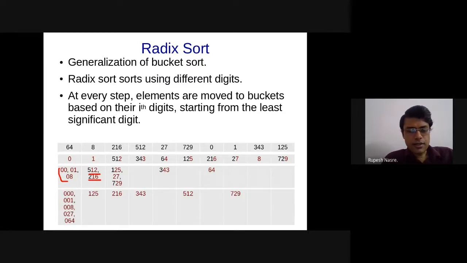So let's agree with Murari that the numbers are going to come like this. Now when I do a sweep through all of this, from left to right, I'm going to get elements in the sorted order because the number of digits is going to be 3. Therefore, I require 3 such phases, 3 such iterations, which means that the complexity is dependent on the number of digits that appear in the number. And therefore, the non-comparison based sorts are going to have some sort of dependence on the value that it takes.